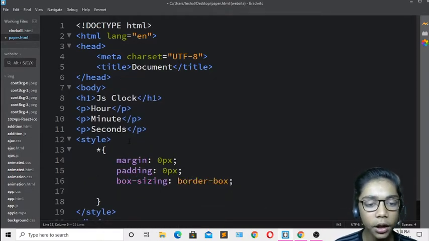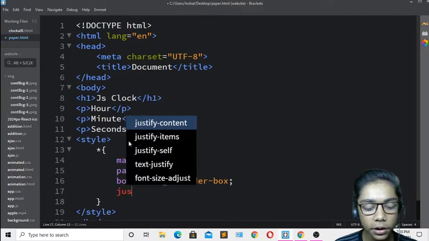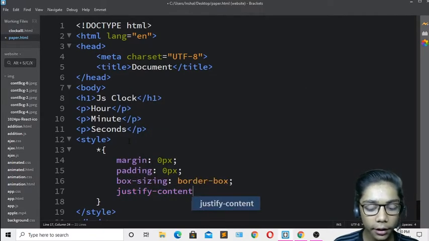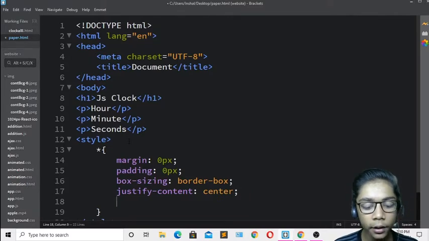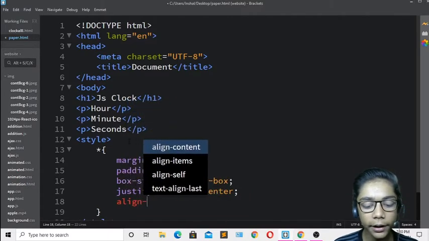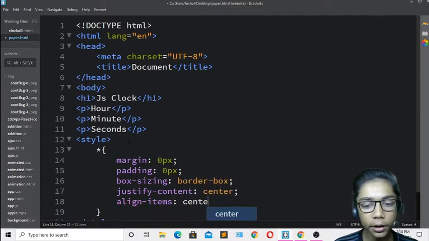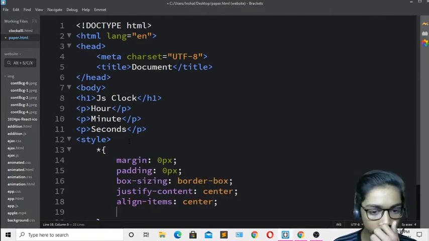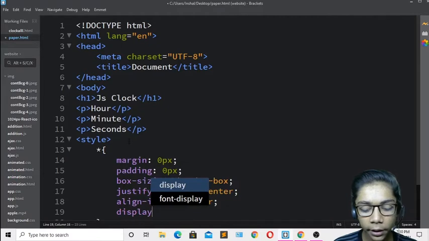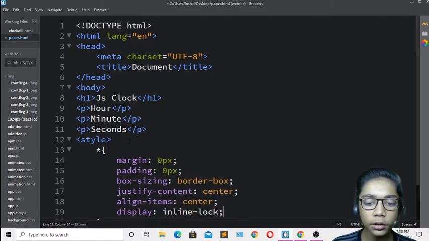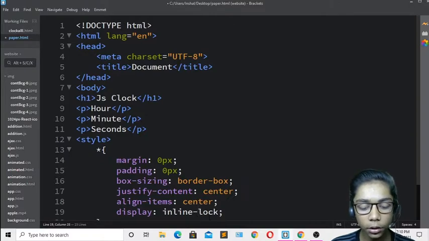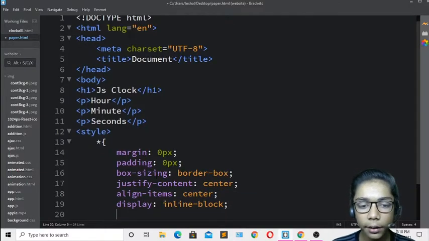Now write justify content in center, and when you've done that, write align items in center. Then write display, which should be inline block. So I will write inline block, and then write block over here, because now we have written lock. So I will just write block. Now when you've done that, I will press enter.